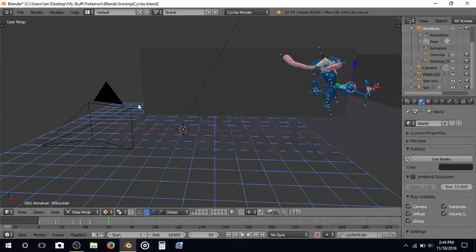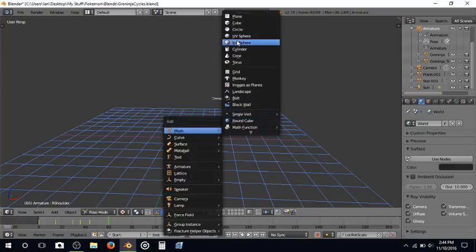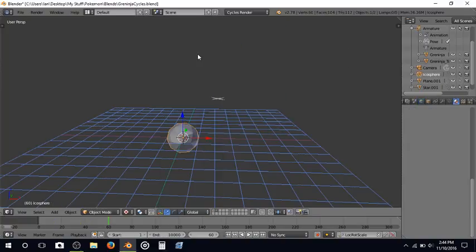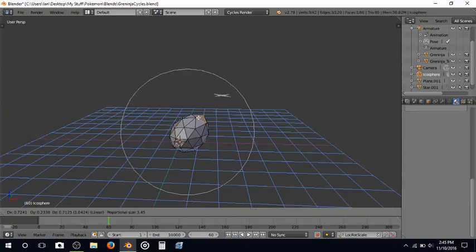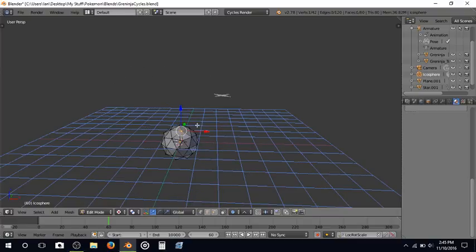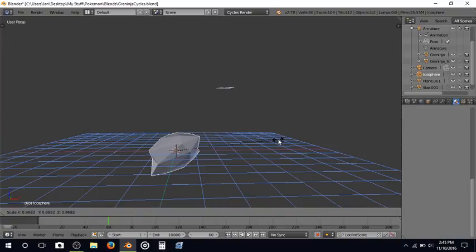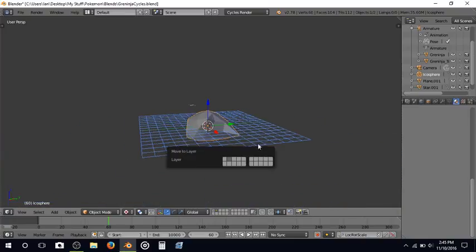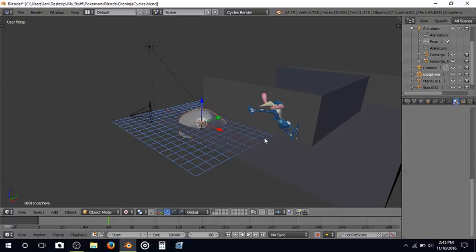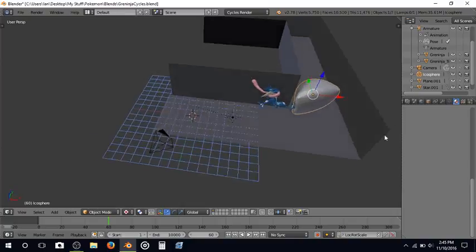I'm gonna make a rock here. Just click layer 2, and then I'm gonna add in an icosphere, and I'm just gonna click O. Oops. I'm gonna probably have to scale this up. S5. Ooh, wow, that's large. S2. Okay. Move to layer 1, Control 2, and gonna make him smash this boulder. I know it's in the air, it doesn't look good,